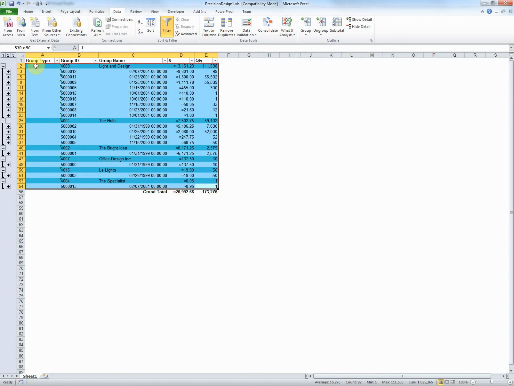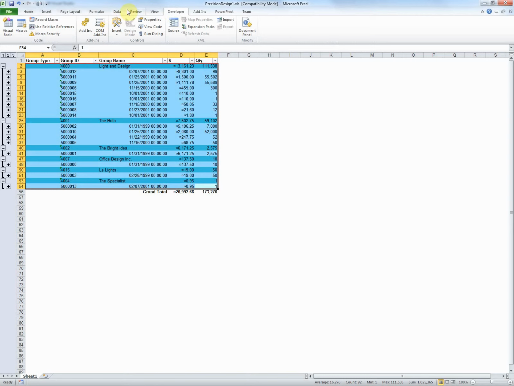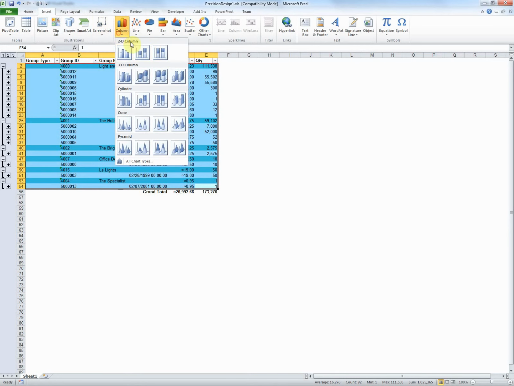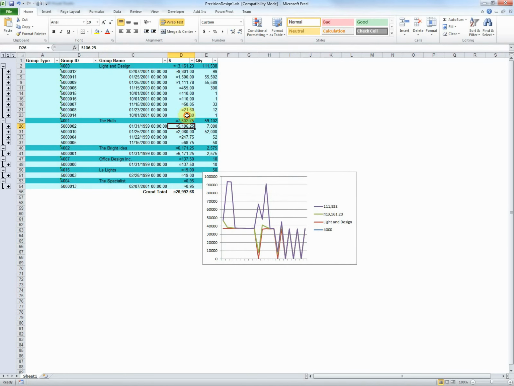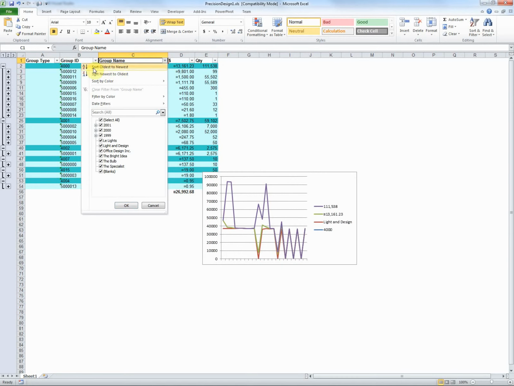A more naive Excel user may go ahead and select all these and then do insert some line chart of some kind, and they'll basically get rubbish data. These things here, sometimes they don't come out in the same formats. And they're subgroups. You can't do things like sort as well. If you take this group name and you sort